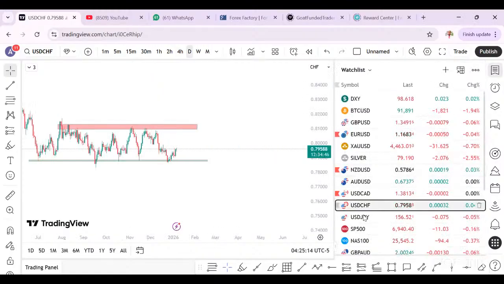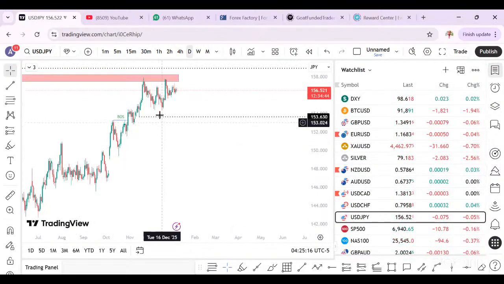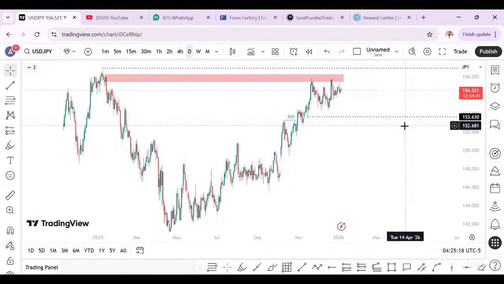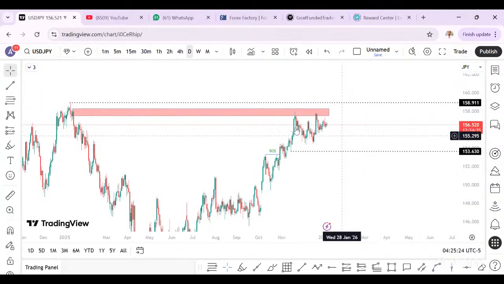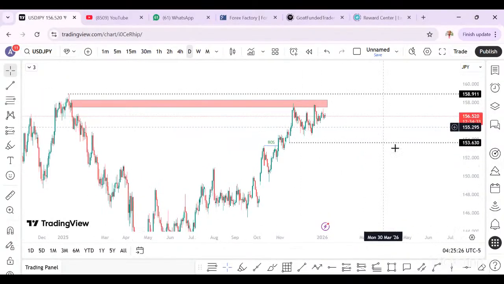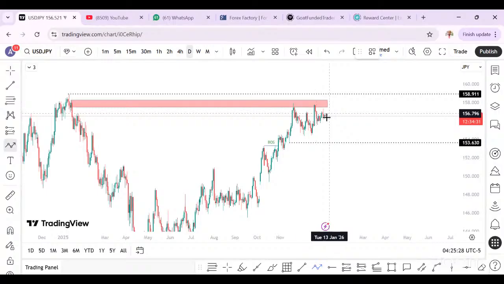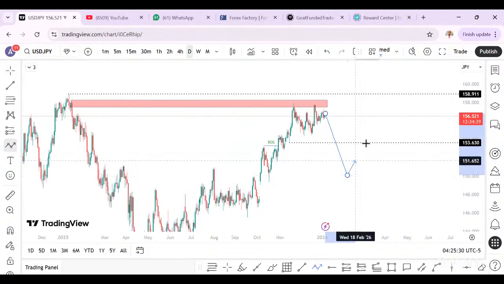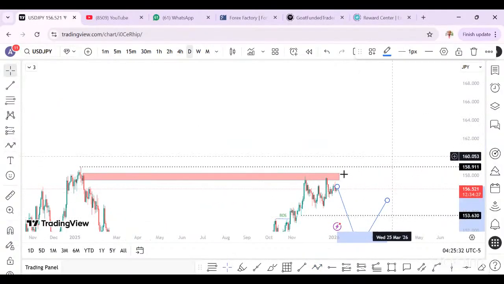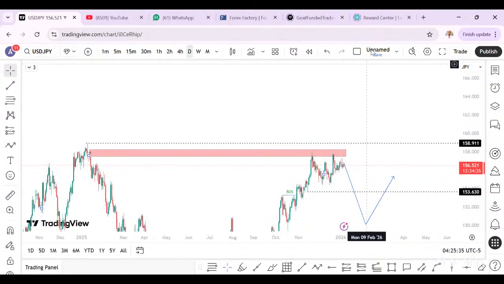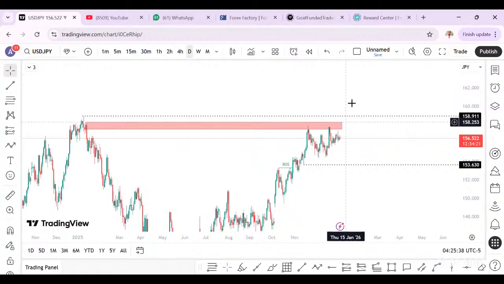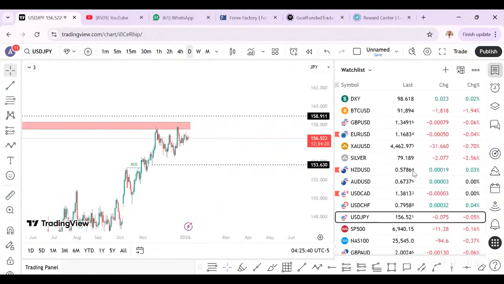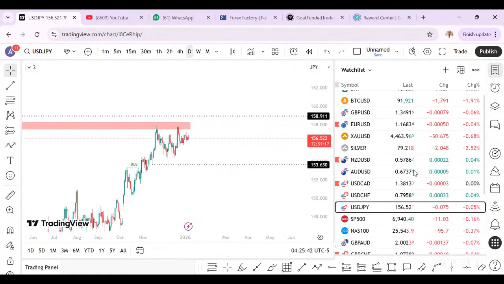Right. So all the USD pairs, JPY. So on USD/JPY daily time frame, we have a draw on liquidity above here. The price is mitigating this supply zone, so it has entered a range. So we need to see a displacement before we start selling. A clear displacement before we start selling, or price breaks up and we'll continue. For now, there's no trade on USD/JPY. Right, so what else again?